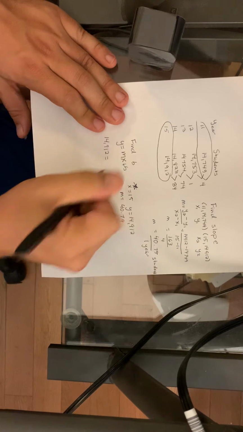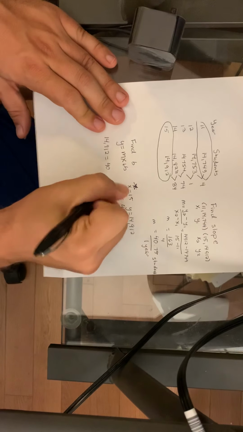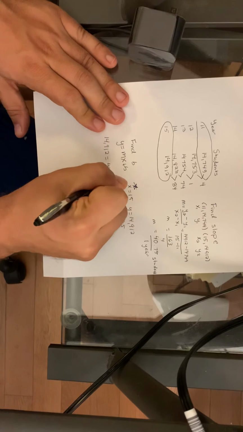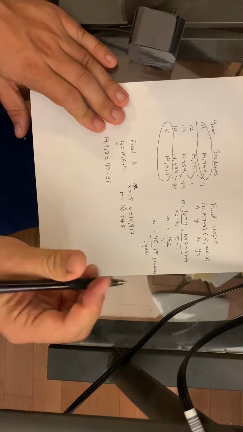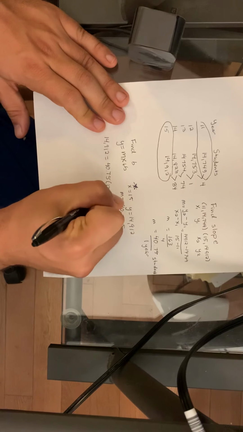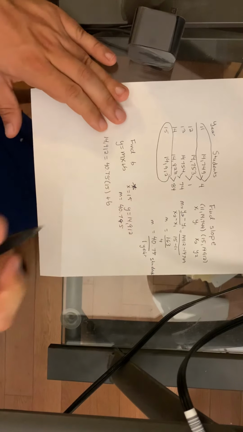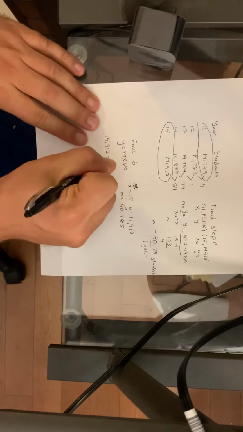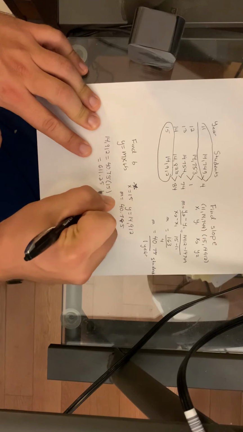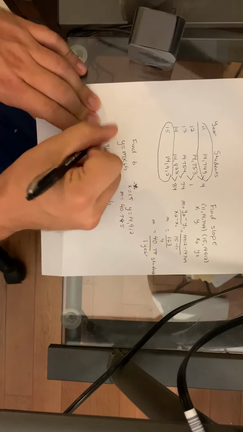14,912 is equal to 40.75 times the X value here, 15, plus B. So now I use my calculator to multiply 40.75 times 15. And I get 611.25 plus B is equal to